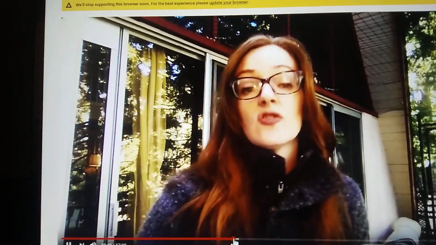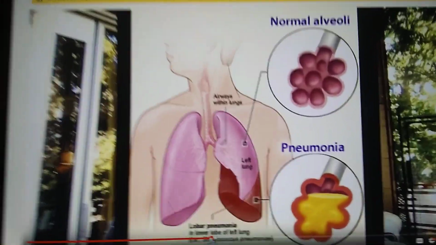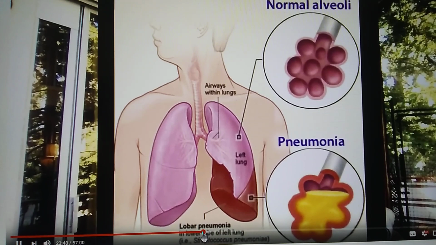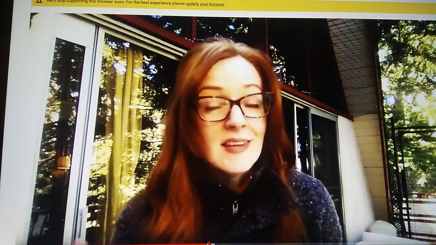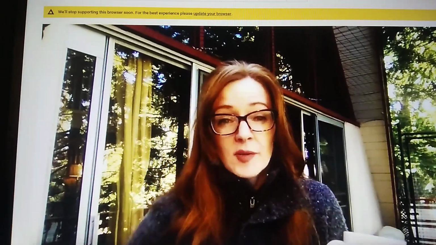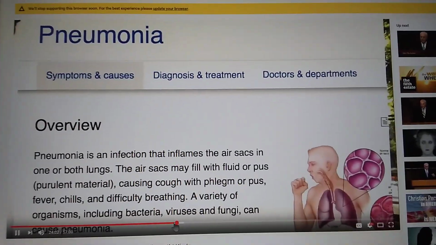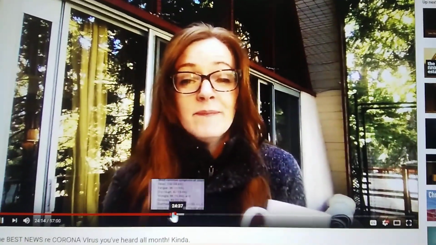Now, while it's true, pneumonia also causes respiratory distress and an inability to get proper oxygen. That's true. However, don't we all know by now that pneumonia causes your lungs to do one basic thing? Fill with fluid, fill with phlegm. Almost every 101 tutorial on pneumonia says the same thing. The main problems with pneumonia are the lack of oxygen as a result of phlegm, and how you can even tell what phase of pneumonia you're in according to the color of your phlegm.